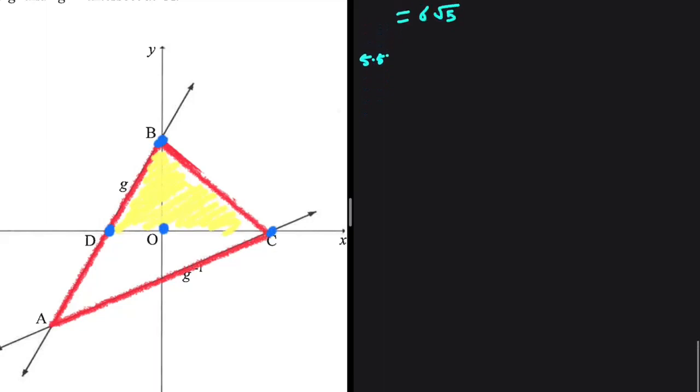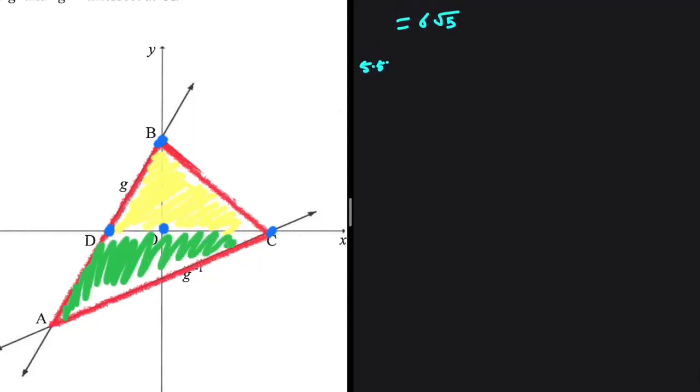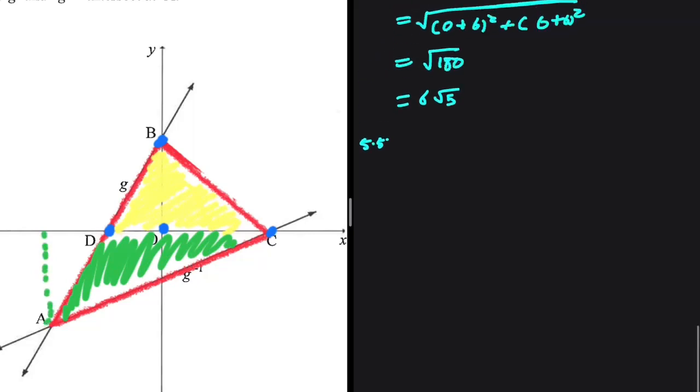We have the length of DC and we have the length of OB. And we can also find the area of triangle DAC, this area right here. We have the base DC again, but now we have this height of which we know the length, right? So we can go ahead and say that the area of triangle ABC is equal to the area of triangle